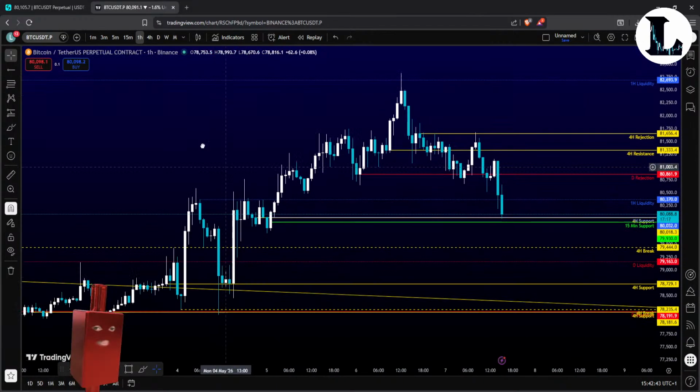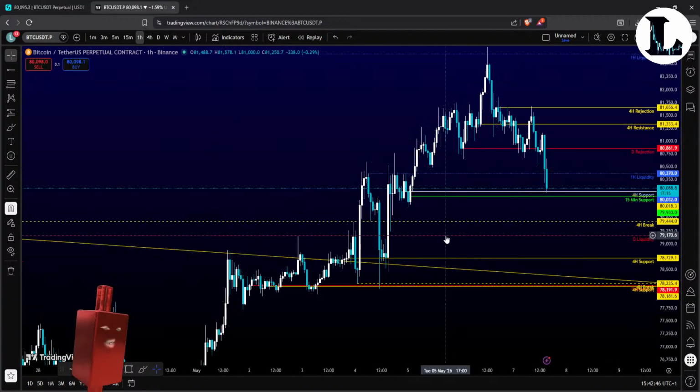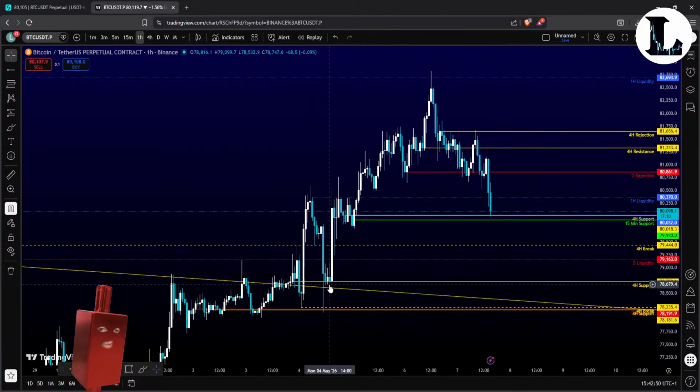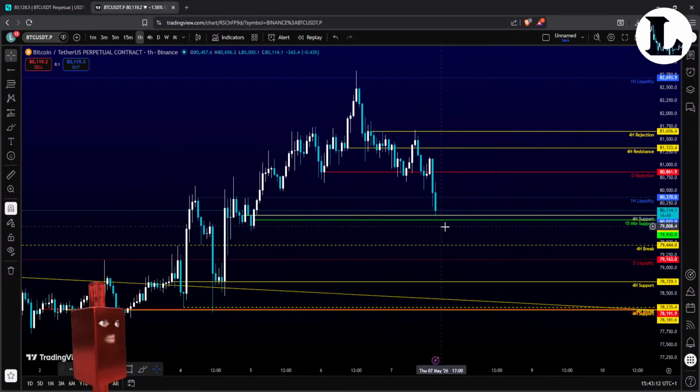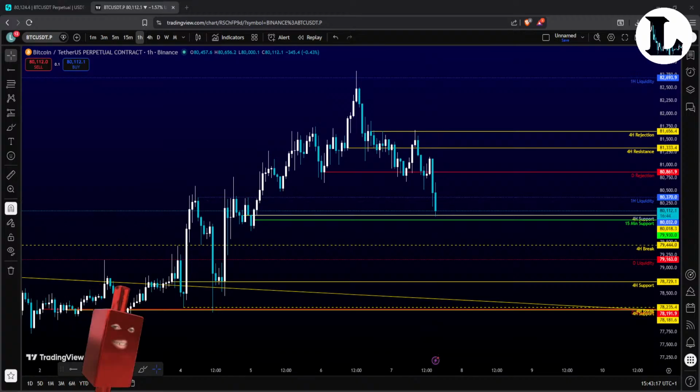Okay, the daily liquidity here was a really strong move, as you can see, and a lot of volatility around this daily. As you can see, when it breaks up really hard, when it breaks down really hard, and it kind of destroys a lot of people here, and it breaks up really hard again. So a lot of volatility because of that daily liquidity. And this is just a 1 hour. That is that.